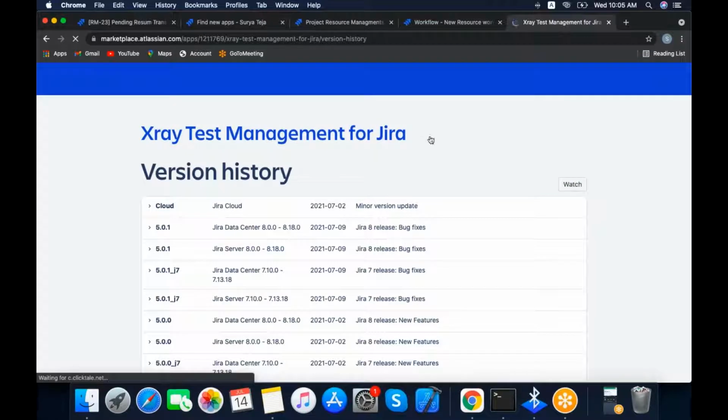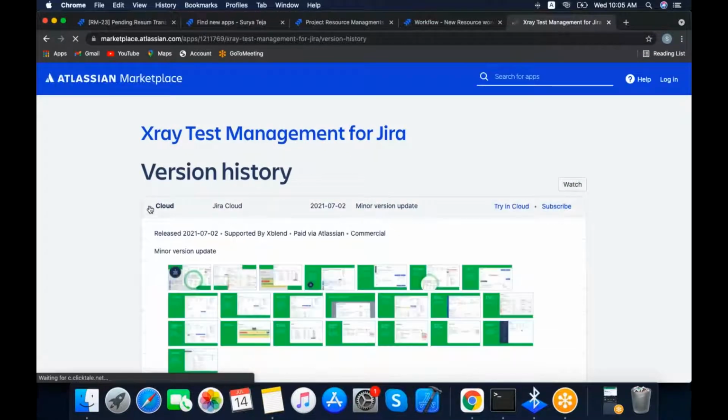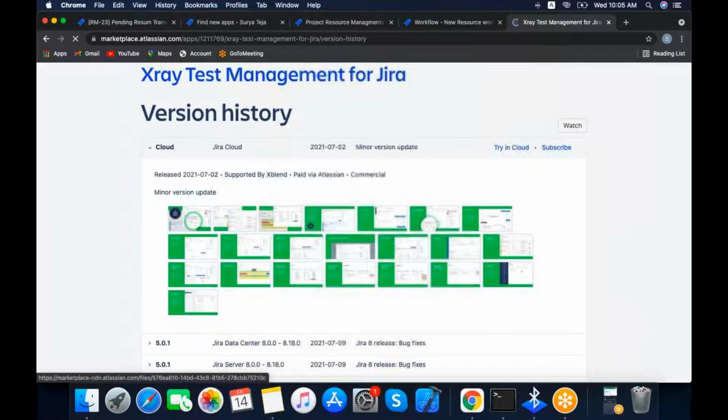Jira Test Manager for Jira. For example, this is cloud. They will tell you what reports we can generate. By using this, we need to generate reports for reporting purposes. We will use the Excel Test Manager. Then here you need to